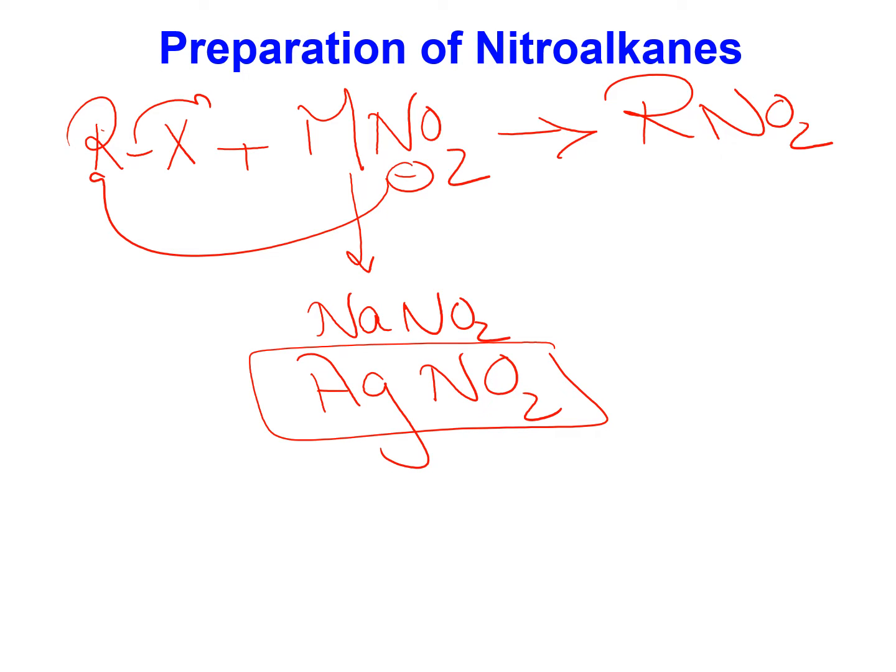However, they only use sodium, which is a cheap metal. Sodium nitrite. Silver nitrite, it's silver. It contains silver in its structure, and thus it's a very expensive material. It is only used in laboratory research labs. However, in industry, they never use silver nitrite. In industry, to prepare nitromethane,